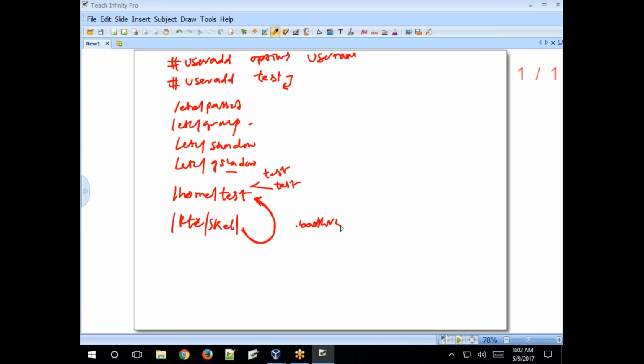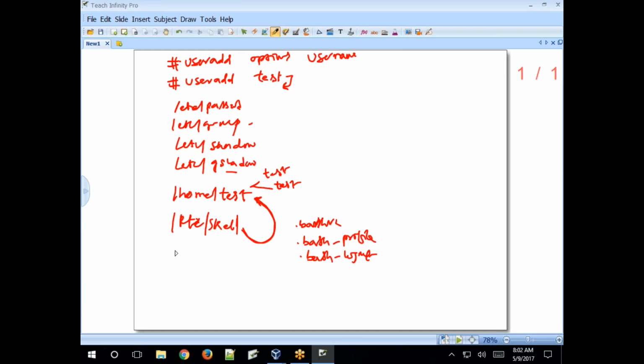If you want to modify the default environment, use these configuration files: .bash_profile, .bash_logout, and so on. Those files will be copied to your user home directory.